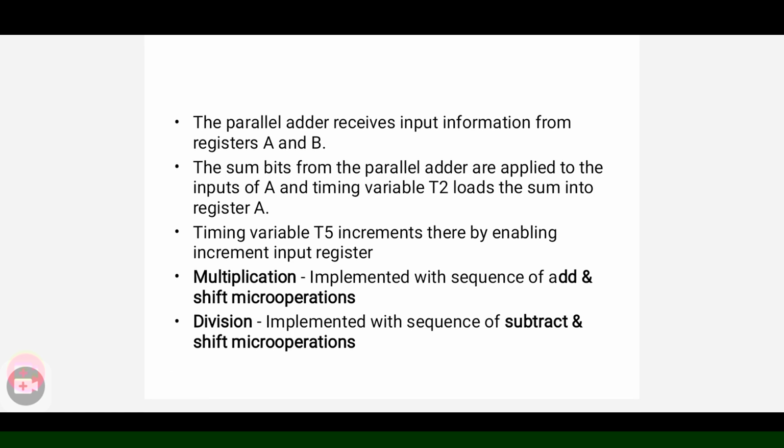For addition and subtraction operations, we need parallel adders or subtractors. If we are using a parallel adder for a particular addition operation, it receives input information from registers A and B. For implementing multiplication and division, we use add and shift micro operations for multiplication, and for division we can use a sequence of subtract and shift micro operations. Okay,